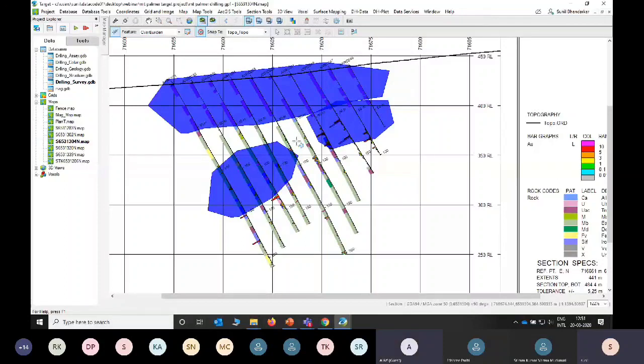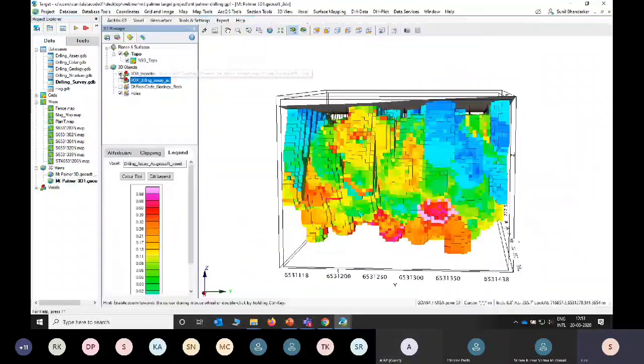After delineation of this mineralized zone, the next step is the resource estimation. So can we do these things in GeoSoft target also? Yeah. See sir, the thing is that if you digitize the cross section very carefully with respect to only the mineralization zone, only that thing will be displayed in your 3D.